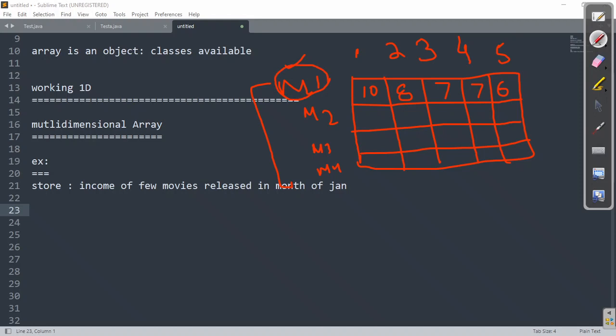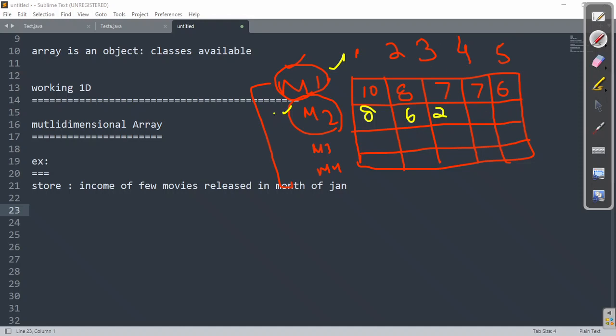Movie 1, right? Now movie 2 is a great movie but not as successful as M1. Definitely M1 is the most successful one. M2 got 8 crores in the first month, 6 crores in the second month, maybe 2 crores in the third month, but for the fourth and fifth month it is not there in the market.